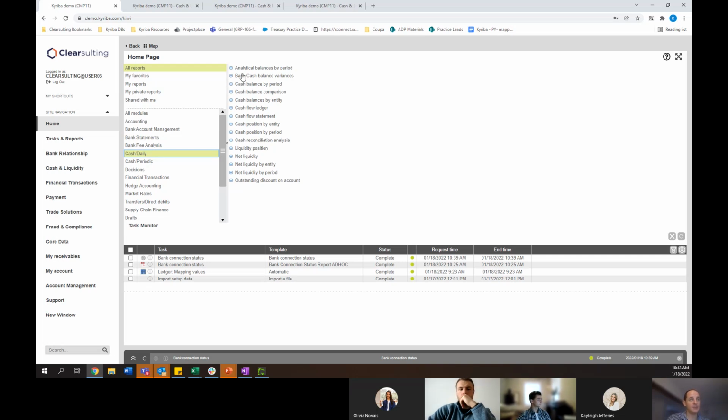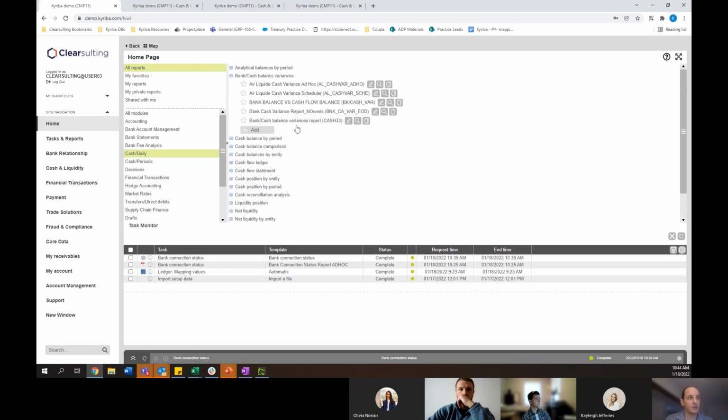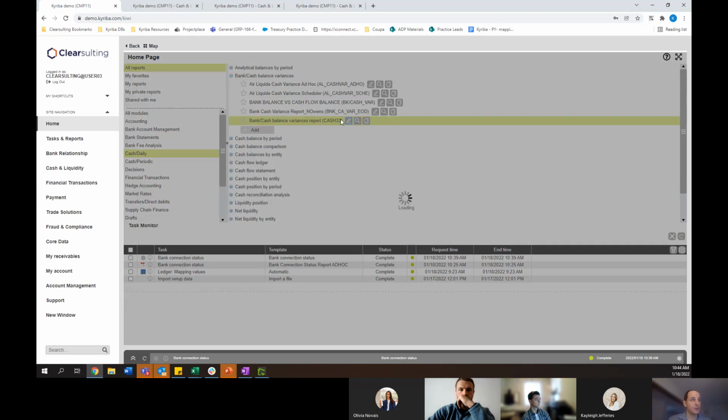The bank module gives us one balance, right? Reported by the bank. Cash module gives us another balance reported by Kyriba. We need to make sure those balances are in sync. Otherwise, we would say there's a variance between them. And this report alerts us if there are indeed any variances. So let's load one of these